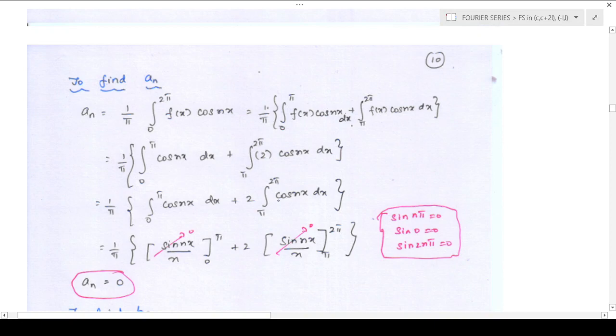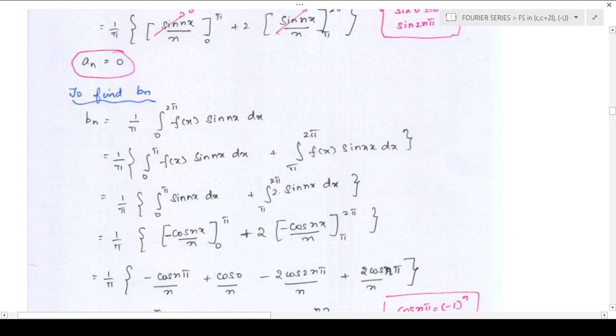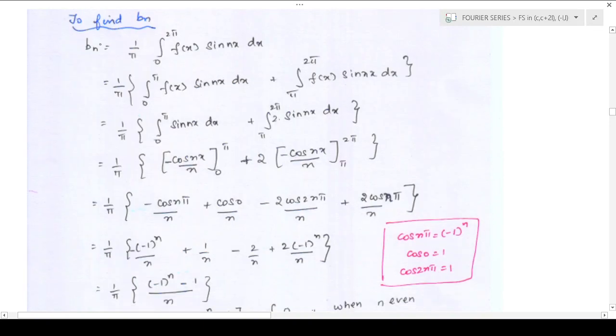Then you are getting cos nx. Cos nx integration is sin nx by n. We all know sin n pi is 0, sin 0 is 0, also sin 2n pi is 0. So your an value is 0, children. Next, your bn. Your bn is 1 by pi integral 0 to 2 pi f of x sin nx